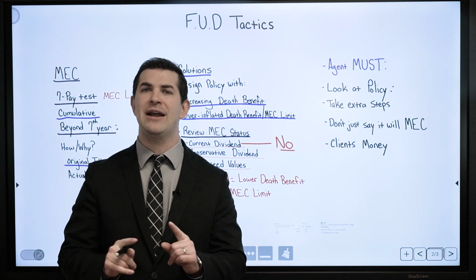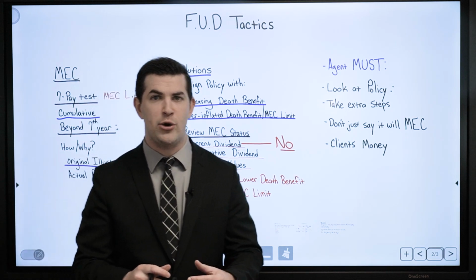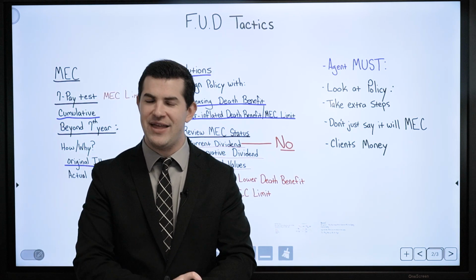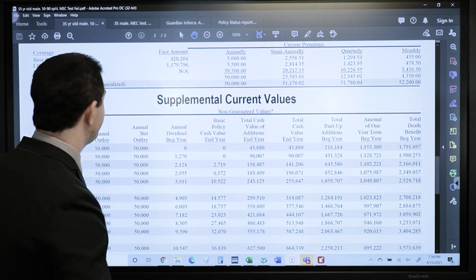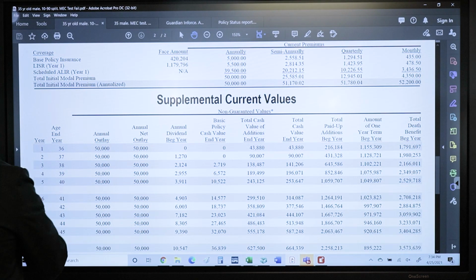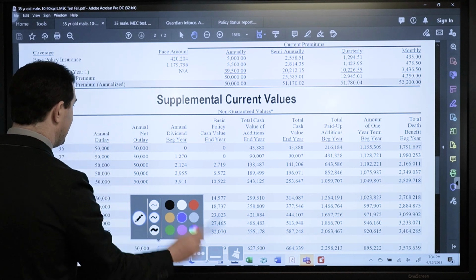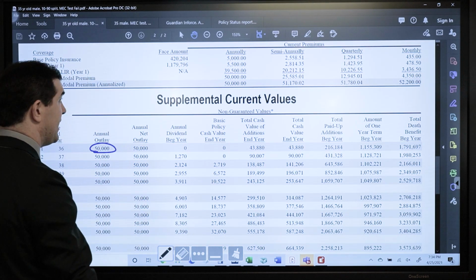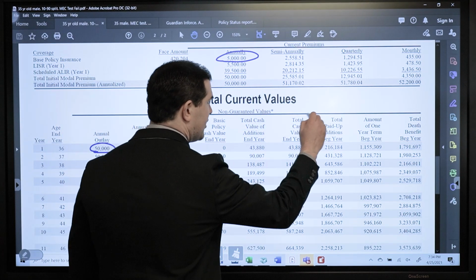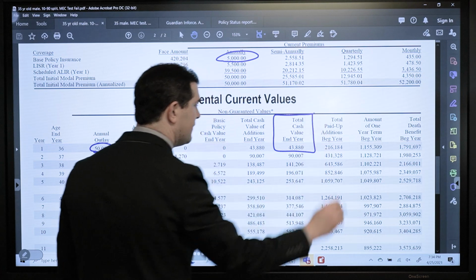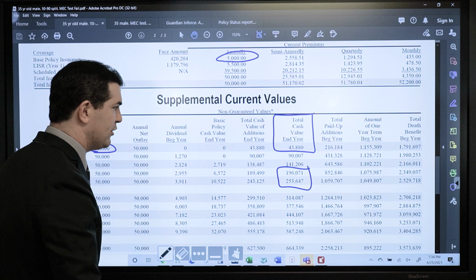So how do I actually stress test a policy as an agent? Or if I'm a consumer, how do I ask for that? Well, we do have that in our Agent Academy. I'm going to show you a quick example here, though. So here we go. Here's a policy with a 10/90 split, 35-year-old male, paying in $50,000 per year, $50K in. Here's his base premium, $5,000. Cash value, right off the bat, about $44,000. Breaking even between years 4 and 5.